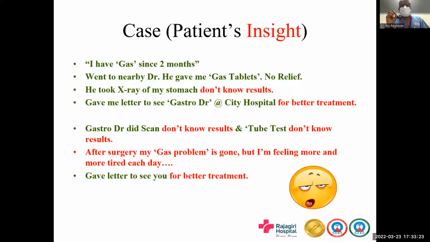So you would have realized that there are a lot of areas that the patient has no idea. There are some areas where the patient has probably right ideas, and there may be some areas where the patient has totally wrong ideas. So the importance of asking a detailed history is to find out what the patient knows about his or her own condition. Now, this is very important for us to keep in mind.